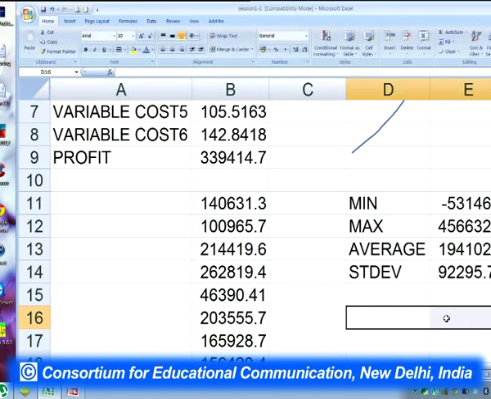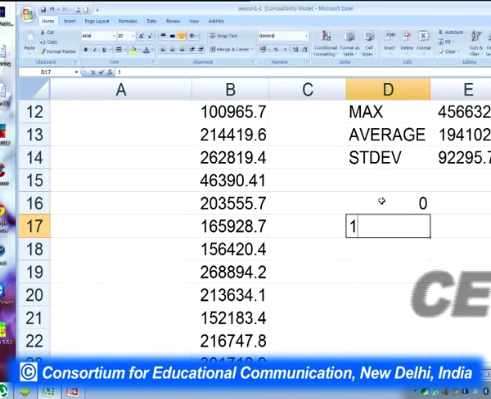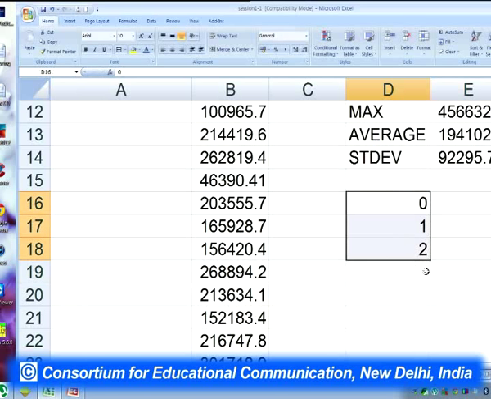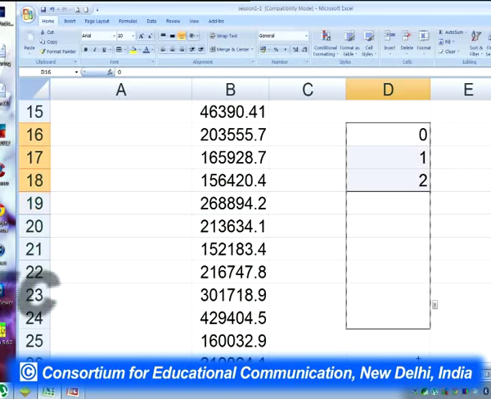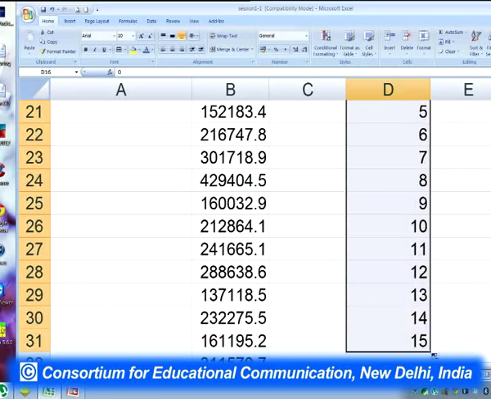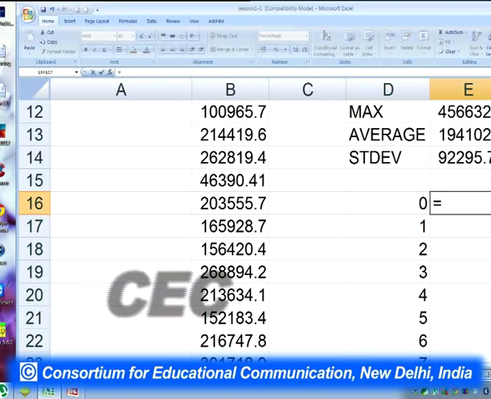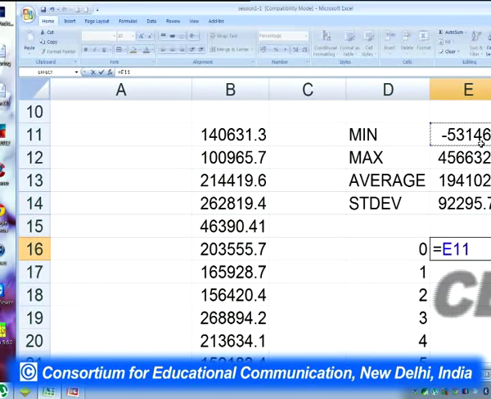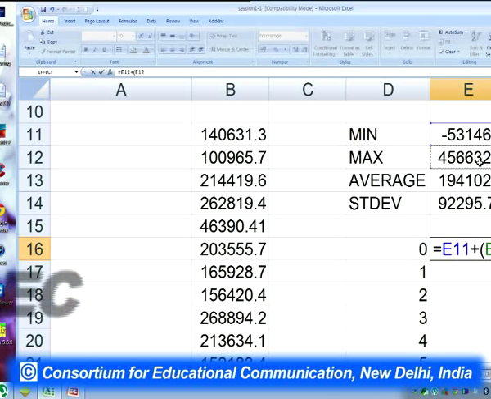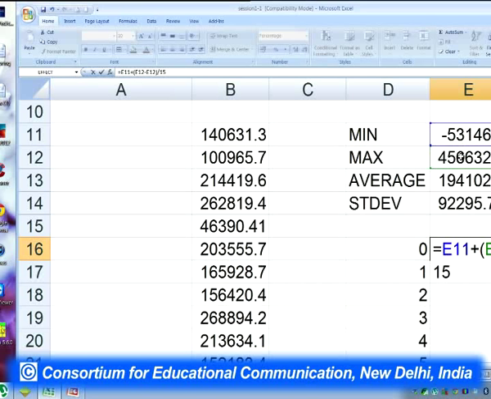And what we can do is create a histogram, which is the best way to understand a single variable profile, and a scatter diagram for association. So let us say we want to create some 15 intervals for the value and then create a histogram. So we write equals minimum plus, maximum minus minimum, divided by 15,